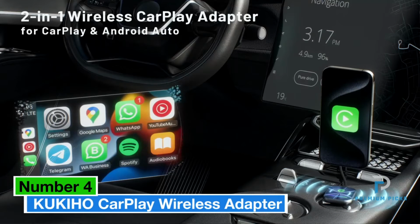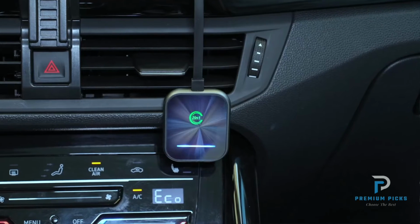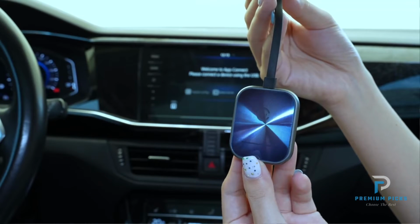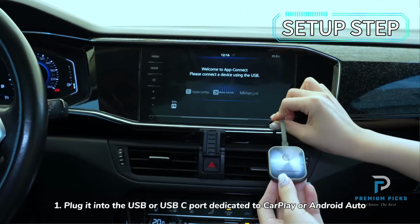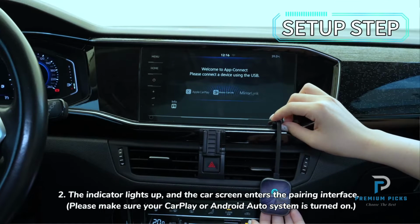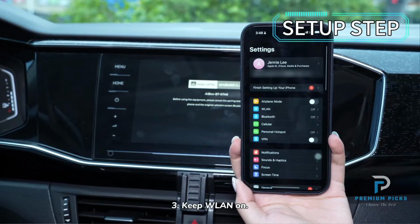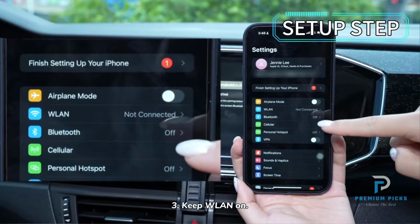Number 4. KUKIHO CarPlay Wireless Adapter. Upgrade your driving experience with the KUKIHO CarPlay Wireless Adapter, the ultimate 2-in-1 solution for converting your wired CarPlay or Android Auto into a seamless wireless connection. Say goodbye to messy cables and enjoy navigation, music, calls, messaging, and voice assistant control with just a simple plug-and-play